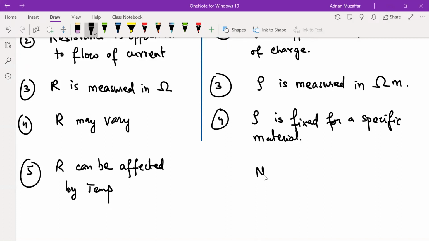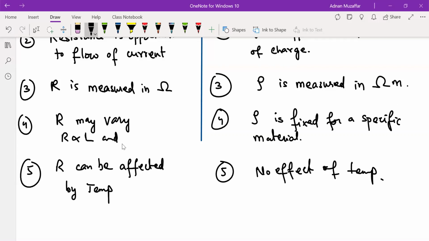So there is no effect of temperature even on rho. Okay. And one more thing, if you remember, R may vary, so you can just write these 2 points: R is directly proportional to length and R is inversely proportional to cross-section area. But rho is independent of any variable, any change. So these will be enough. So at least you should write 2 or 3 points, or if they have asked to write 3